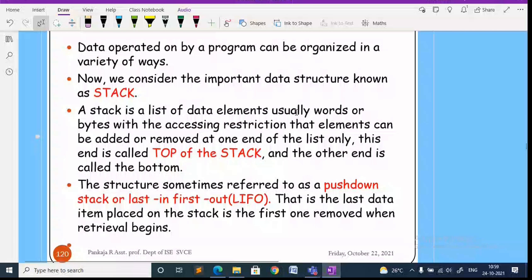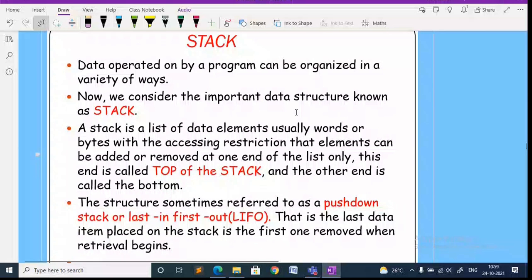Data operated on by a program, whatever the program needs during execution, all the operand values you are going to store or arrange in the stack. Data operated on by a program can be organized in a variety of ways. In that, we are going to consider the stack.